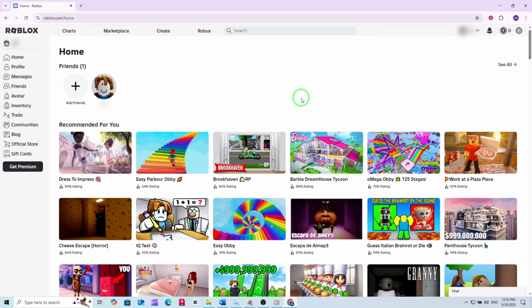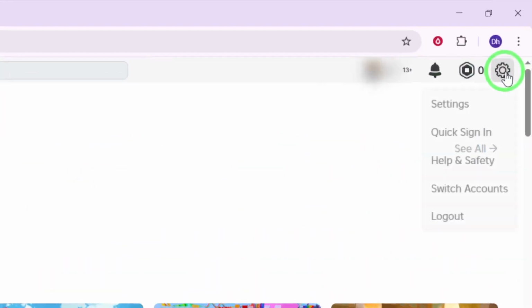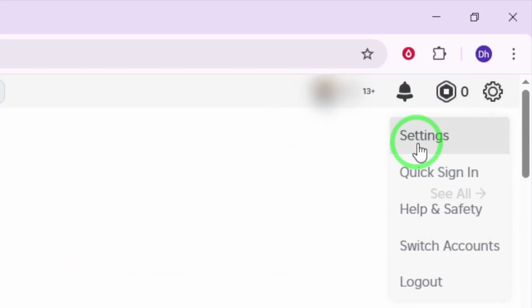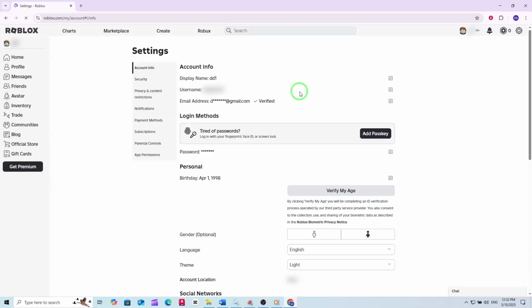Once you're on the home page, look to the top right corner of the screen. You'll see a gear icon. Click on it. This opens a menu with several options. From here, select Settings. This will take you directly to your account settings page, where you can manage all your